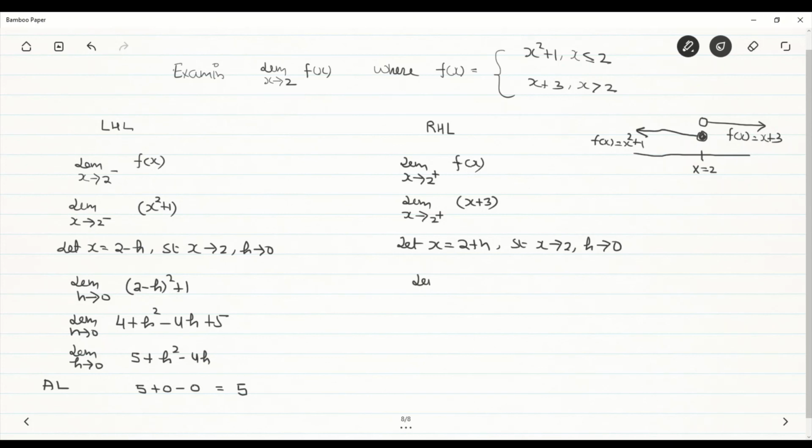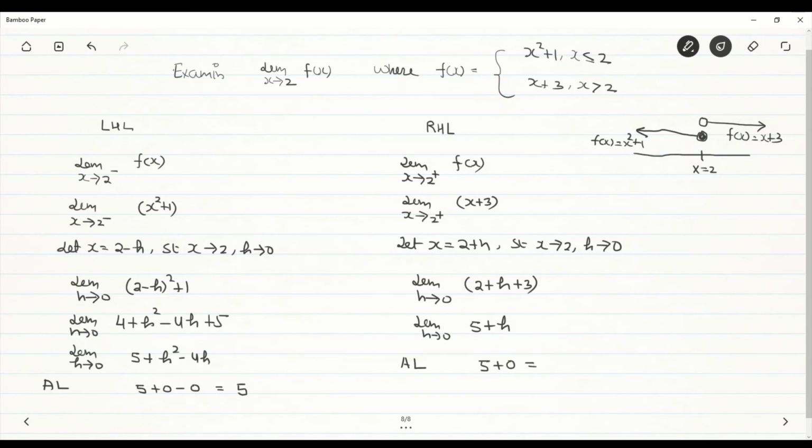So now I can write limit h tends to 0, 2 plus h plus 3. So basically it is limit h tends to 0, 5 plus h. Again, if I use the direct substitution method, or say I am applying the limit, it gives me 5 plus 0,